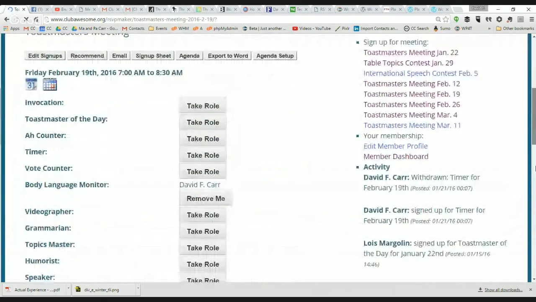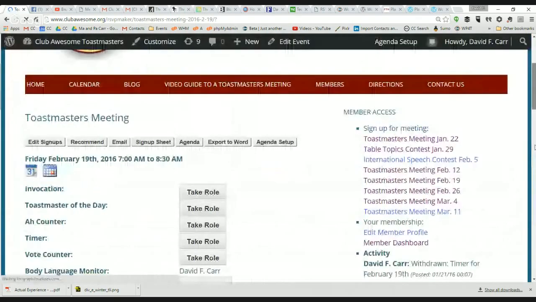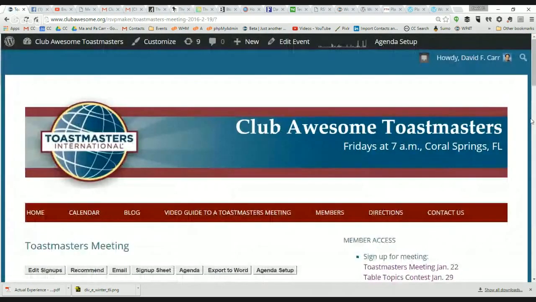And each of these events, each of these meetings, is set up in the WordPress system as if it was another blog post in some ways. So if we went in to edit, and you can have events that are not Toastmasters meeting events. I'll go over that a little bit more in a minute. But you could have, say, an open house event that would also appear on your calendar and that you could also promote on social media in other ways. In fact, you probably promote that more than you'd promote just the agenda page.